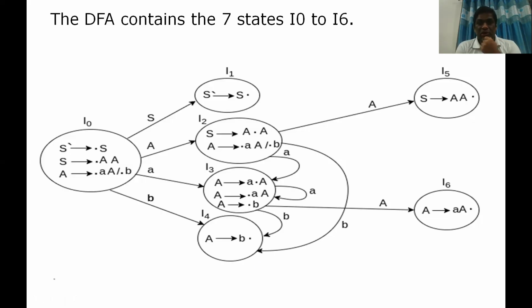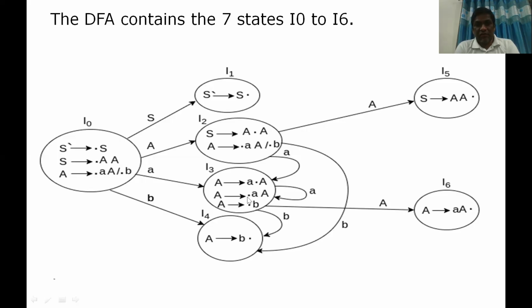because the same productions will be generated by the corresponding canonical sets. Okay, and from I3, here it is on capital A. From I3 on capital A, simply move that dot after capital A. So what will happen? A implies a capital A dot, and there is nothing after dot, so it is completed. Let us name it as I6, because the set of productions generated is new.